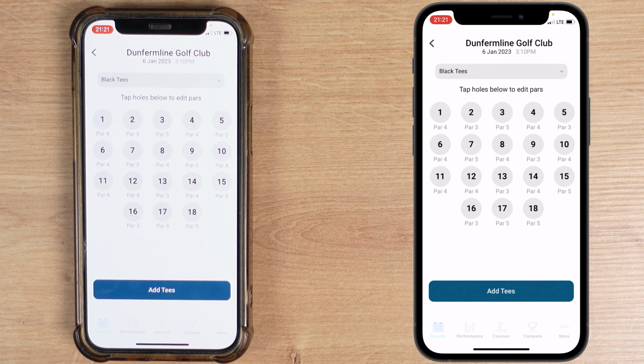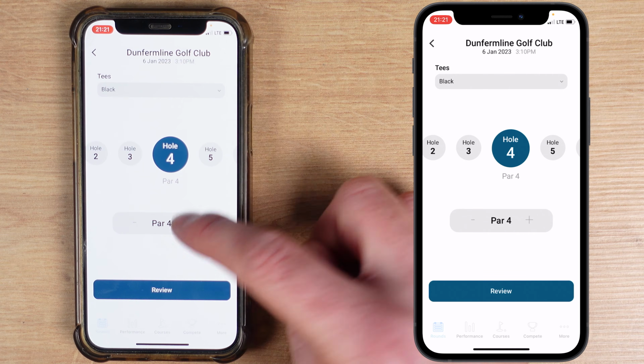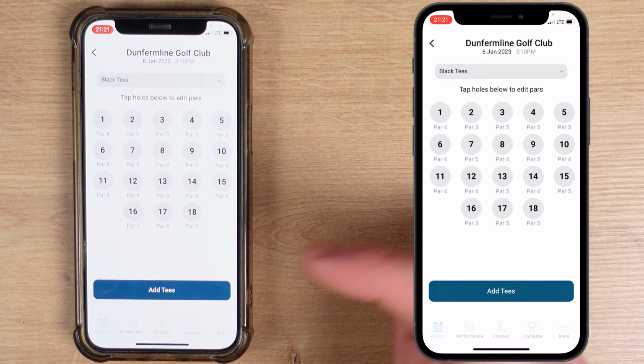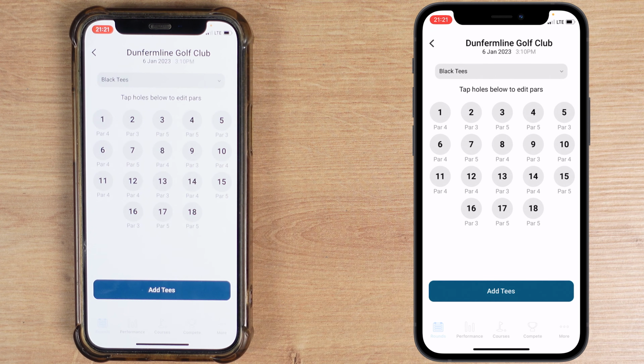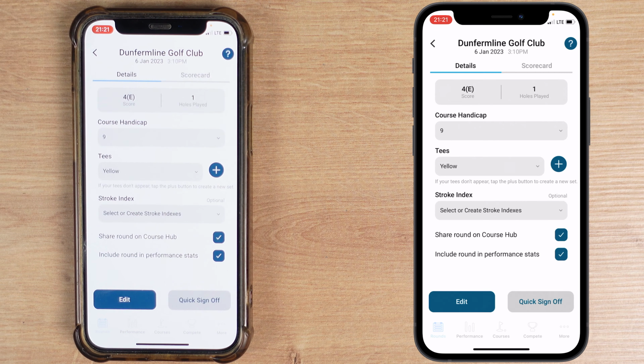So you can go through all the holes and say, well, actually the 4th hole here is not a par 4, it's actually a par 5. And then what you can do is you can add this as a tee set, which means that every time you're editing your round, if you're playing from that group of tees, you will be able to select them. If you want to go back though, you just tap on the back button here and it takes you back